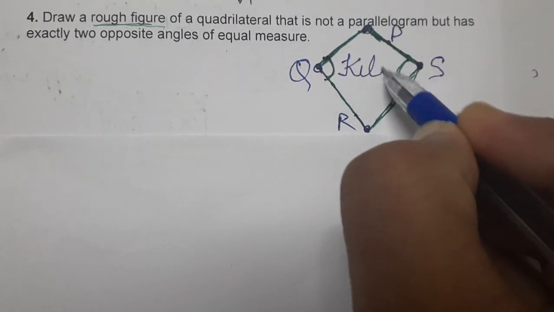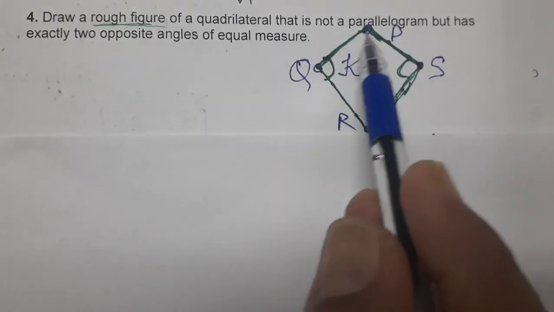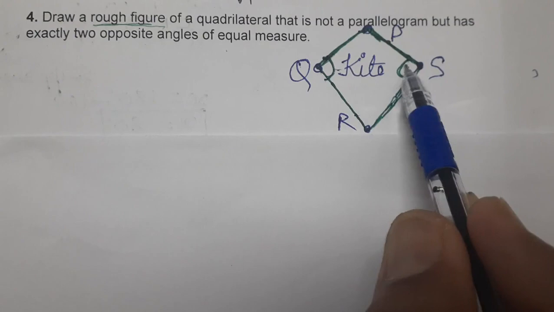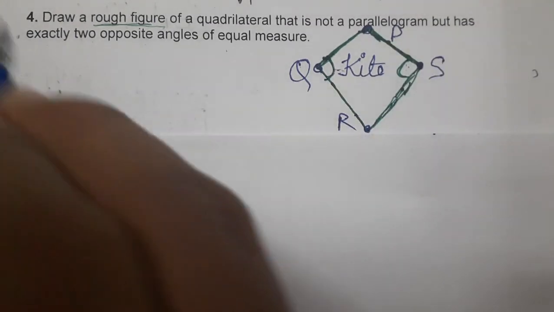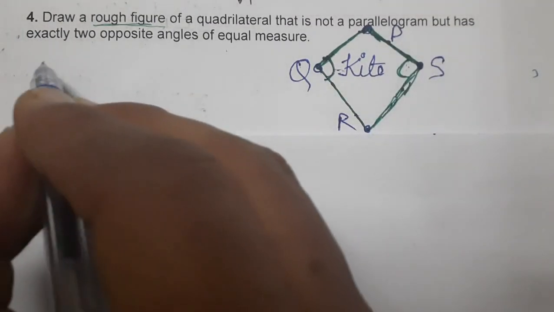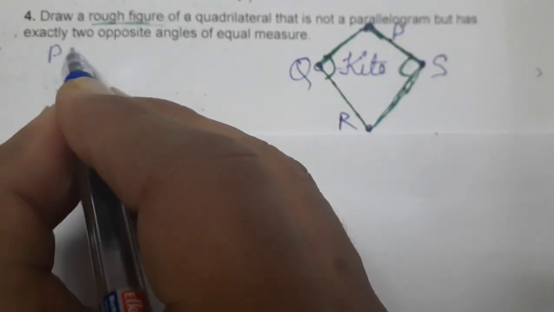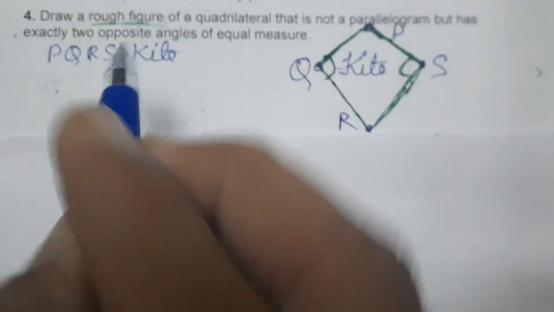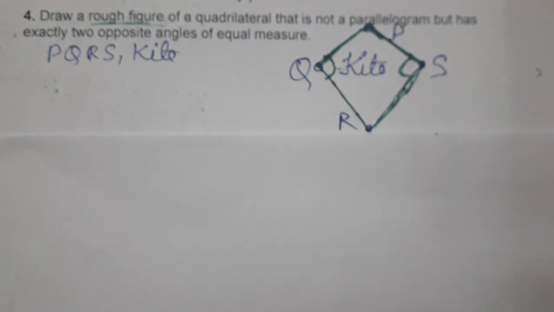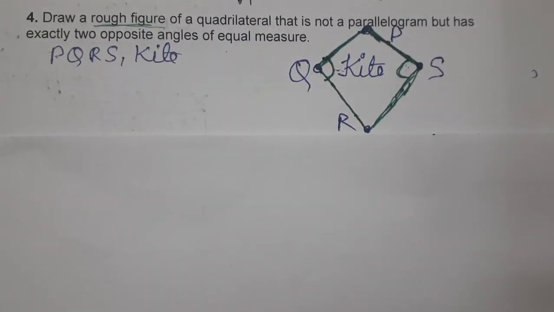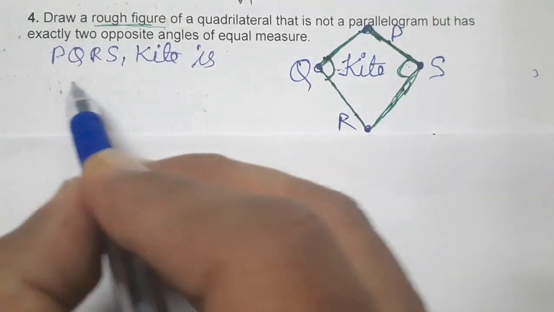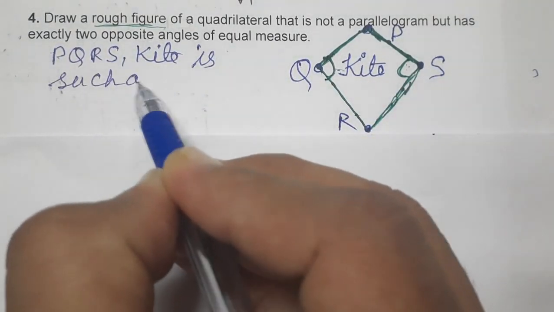And this is such a figure which has exactly two opposite angles that are equal. So we can write, PQRS kite is such a figure,